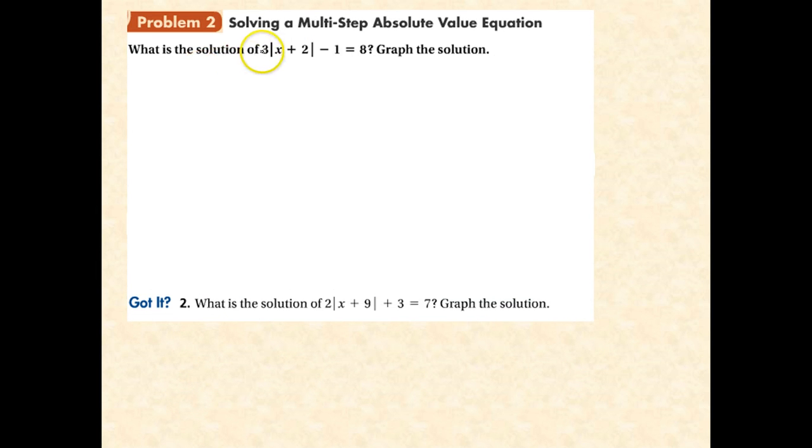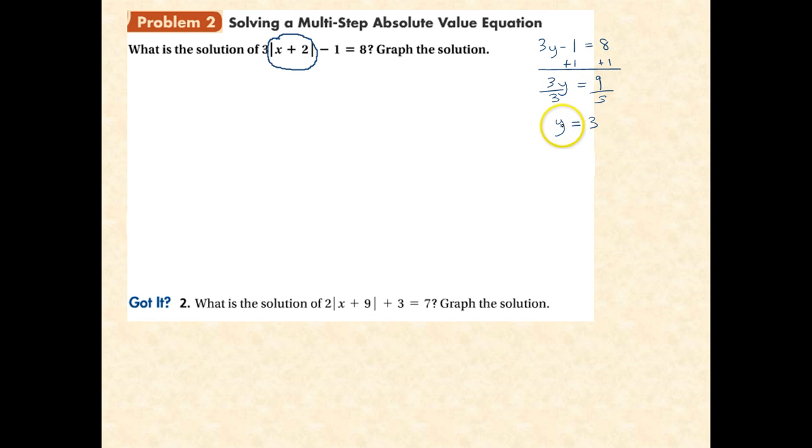Alright, so now we have a multi-step. Well, in order to solve a multi-step absolute value of an equation, we have to sort of pretend that this is its own little variable for now, and then we're going to solve it as though it was like 3y minus 1 equals 8. What would we do? We would add 1 to both sides, divide both sides by 3,